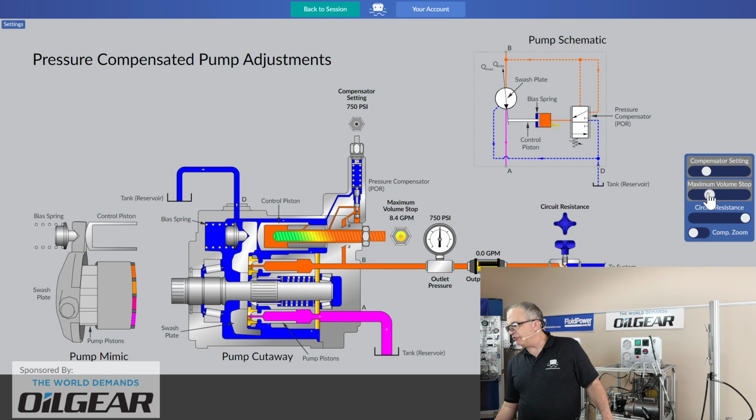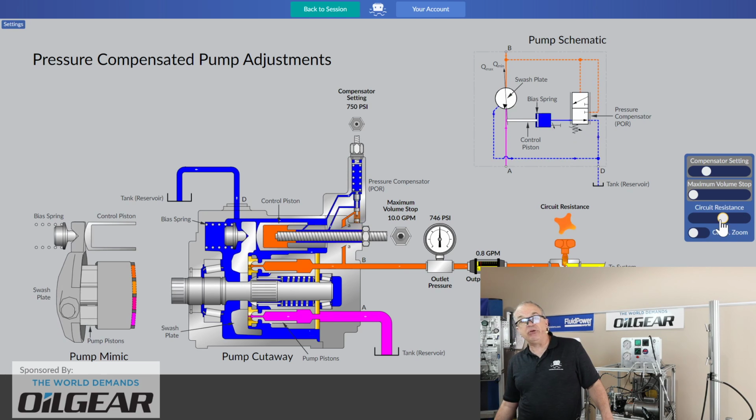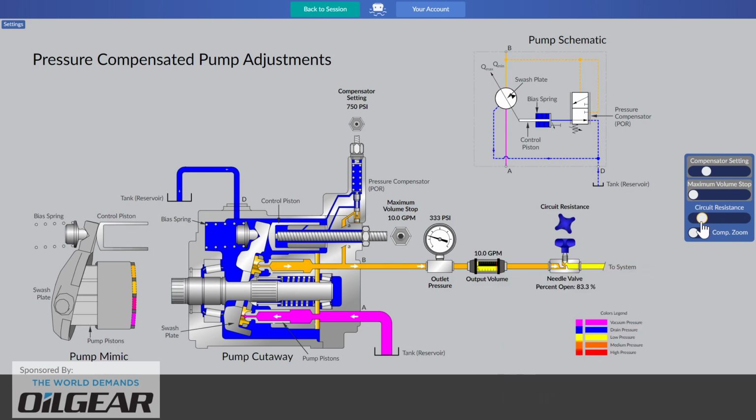Here, I'll play around with it. Why would we do this? Why would we try to adjust the maximum volume stop when clearly you can see the threaded rod doesn't touch the control piston? Clearly nothing is changing on the output flow meter. So we must be in the wrong state for this adjustment. System state. The state we need for our hydraulic system is to have a free and easy flow path. So I'm going to open that needle valve back up,